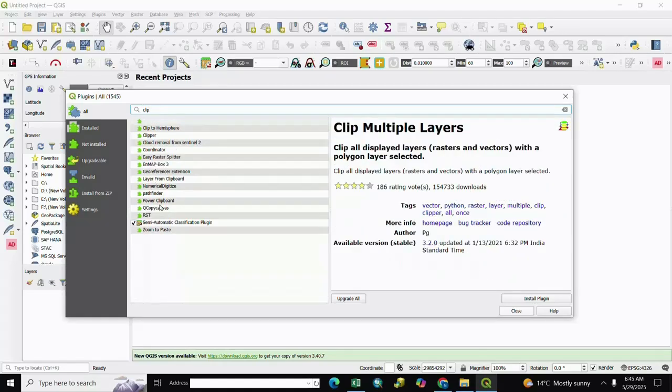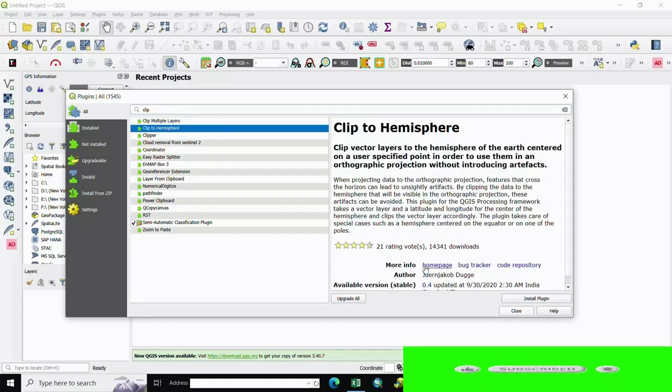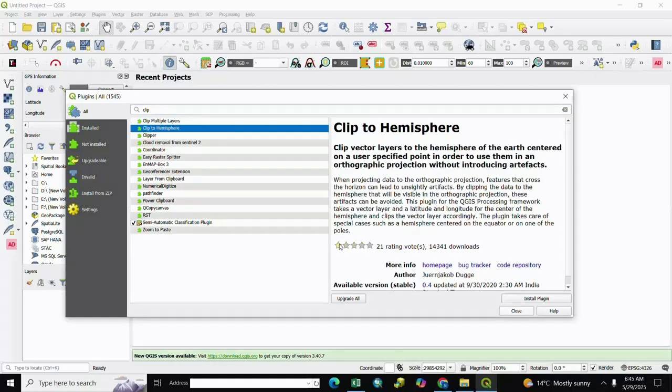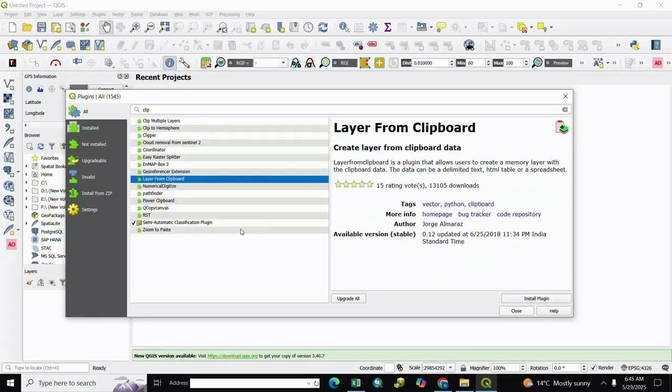So here are clip related plugins, and you can see the rating and download counts. Many clipping related plugins are shown, so as per your need, you click any one.